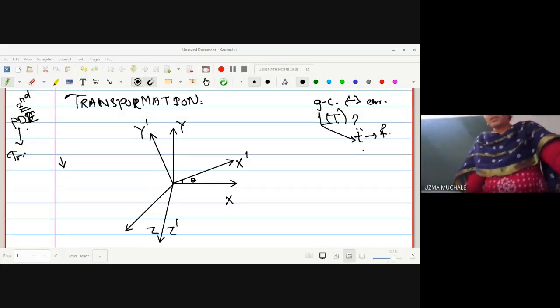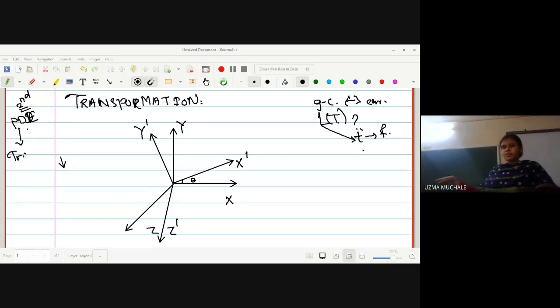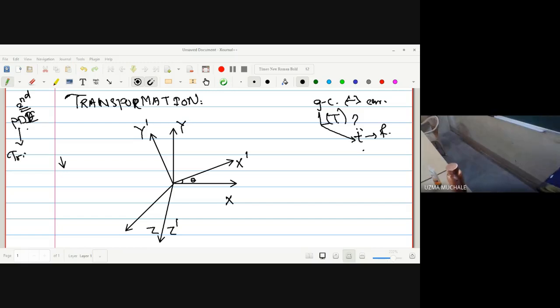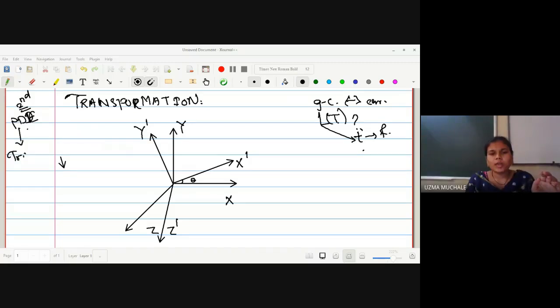Yes, ma'am. Okay. Let me show you. Suppose here is our z axis at the corner, and in the plane, what you see here in the plane, this plane we have to shift. Suppose I am going to have a rotation. So this plane can now be shifted, or it can go to the outside of the classroom, right? So you can imagine this. Actually, these things we have to imagine. We cannot show you here.